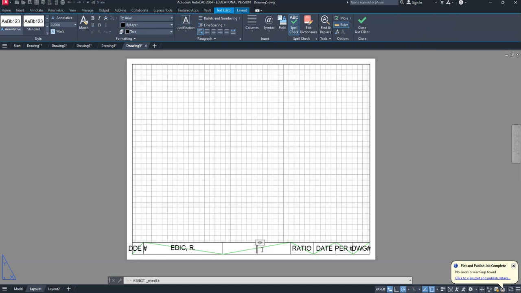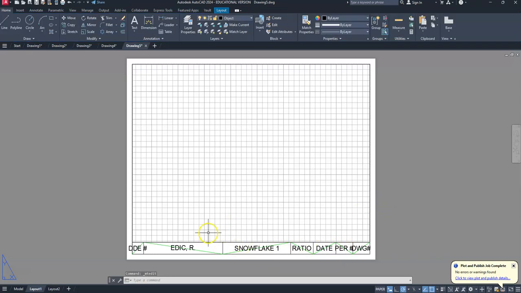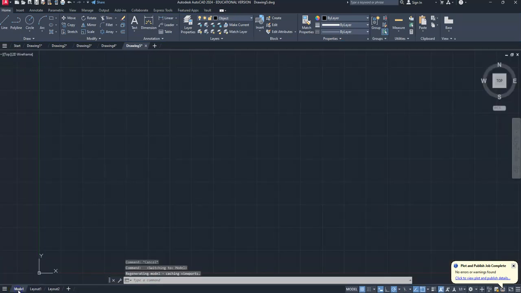You have 3 snowflakes that you get to pick from. You only have to draw one. The videos are labeled Snowflake 1, Snowflake 2, so whatever one you're drawing, you may be drawing Snowflake 2, that's the one you're going to put in there. So this way I have this, but we're always going to draw in our model space. So I'm going to come over into my model space,